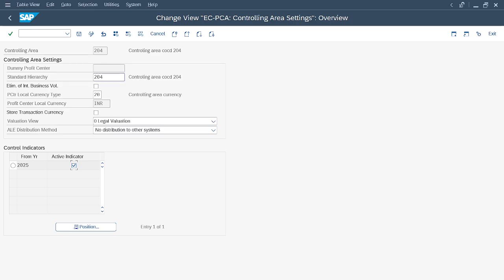And also the standard hierarchy is being created in the part which we have done earlier. It indicates this as well. Actually I was saying about the standard hierarchy: if it is saved here, it means you have done the work up to here. There is no requirement to go back and do any editing. Now we just have to create the profit center and the cost center.